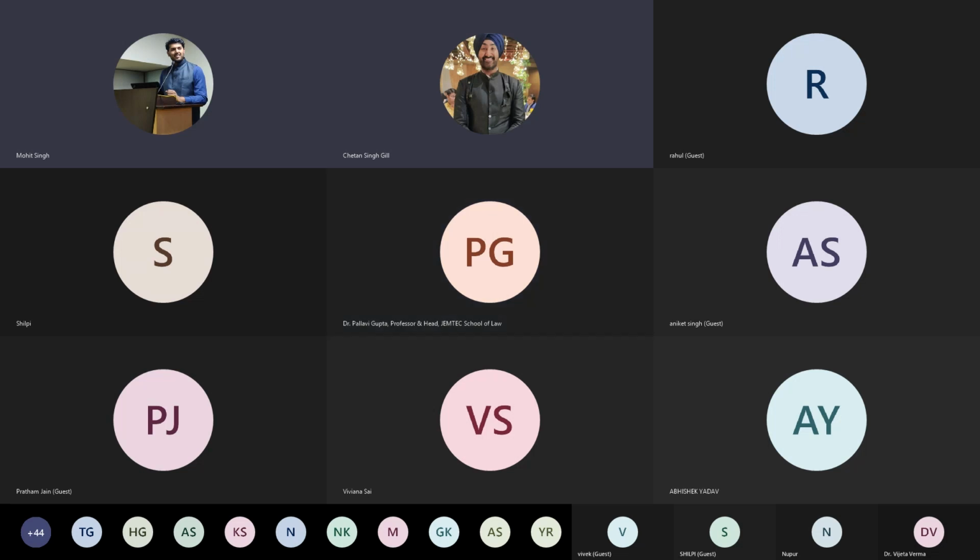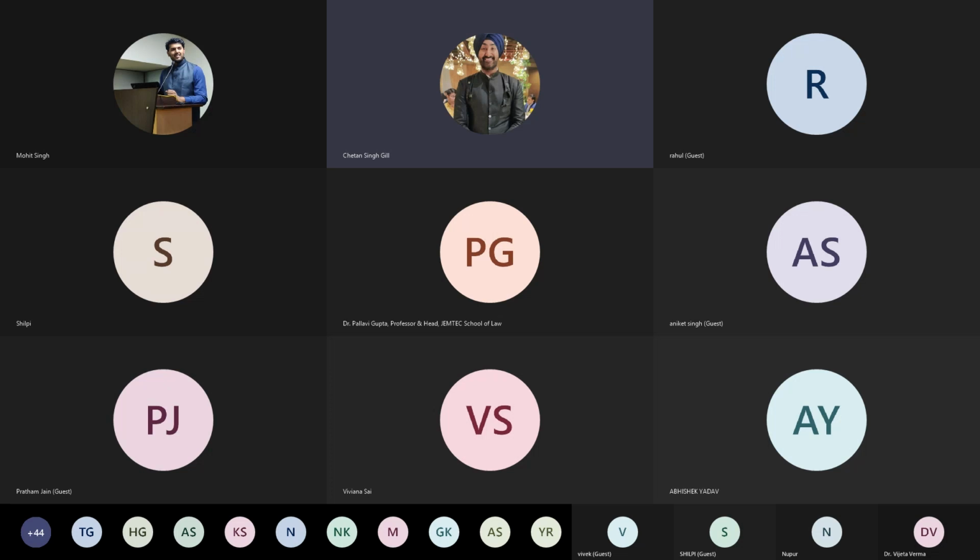Ma'am, I think I'll just explain this in a simpler way. If either the students or the faculty members are in the university, then they don't have to go through MyLoft, because we have already mapped the IP address of your university, so this will work seamlessly on any computer or any Wi-Fi connection that the university provides on campus.